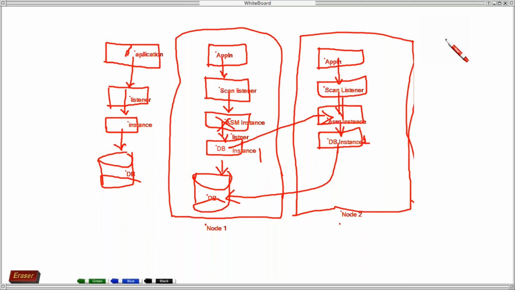So even if a hub node crashes, it will get connected with the other hub nodes, through which failover, load balancing, and high availability are achieved. So why do you go for RAC? These are the features: high availability, scalability, load balancing, and failover. All these four characteristics you have written.